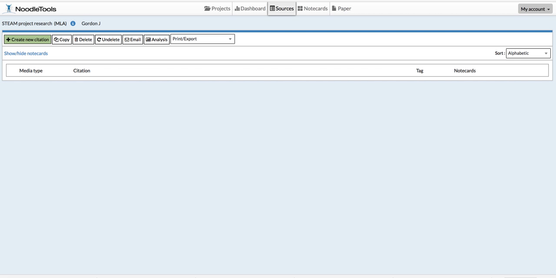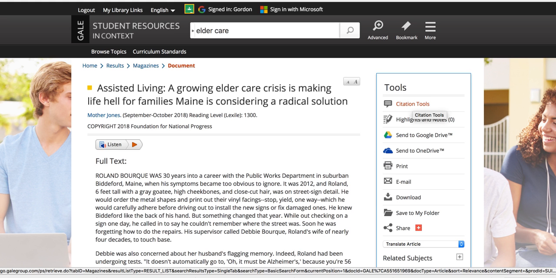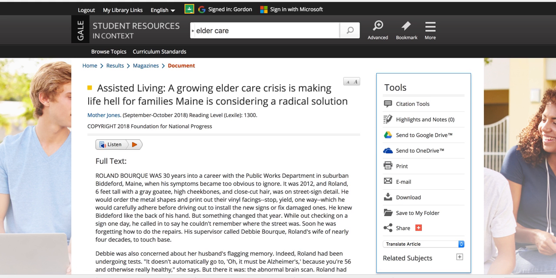Creating new citations in Noodletools is really easy if you're using the databases from the school. So let me show you really quickly how it's done. If you are using any of the Gale databases, they have a very easy link that you can use to import those citations. So if this is the article you are interested in importing, go to the Tools section and